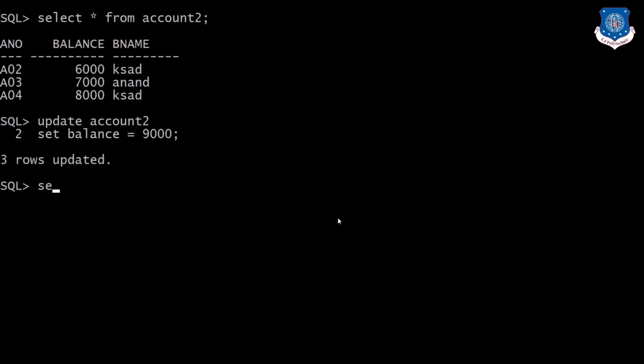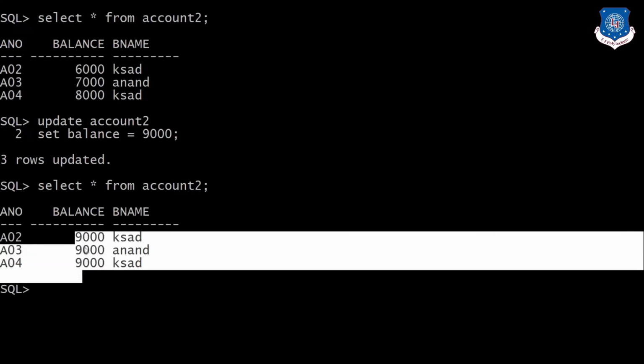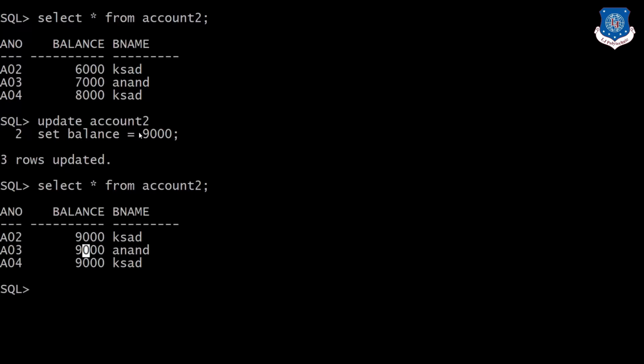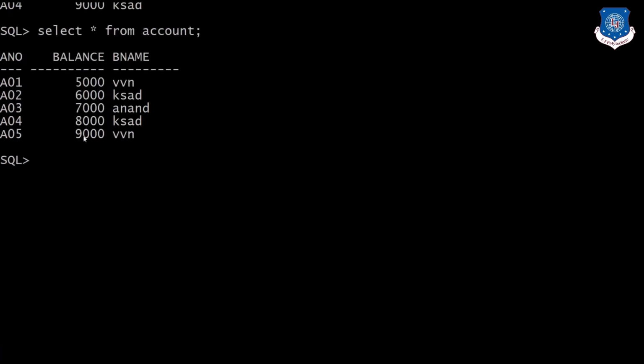Check it now. Select star from account2. So all the values of balance have been updated, as we have not mentioned any criteria. To target any specific row or record, you need to give a unique reference, so that it can understand I need to target only one record.